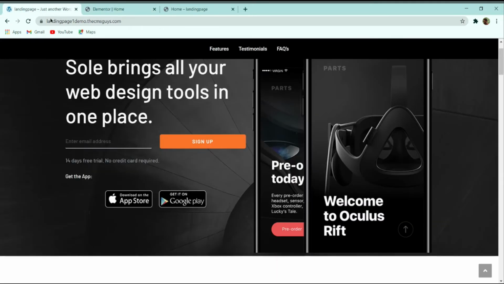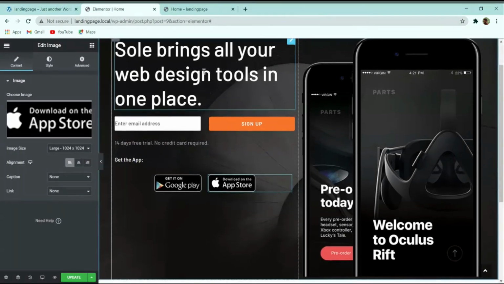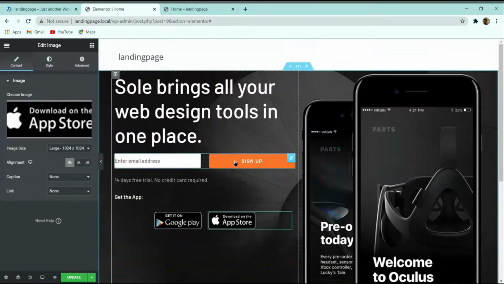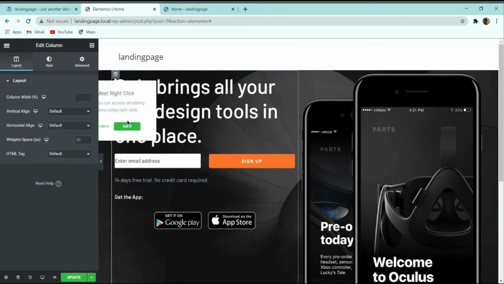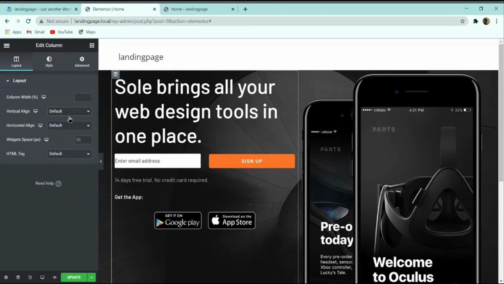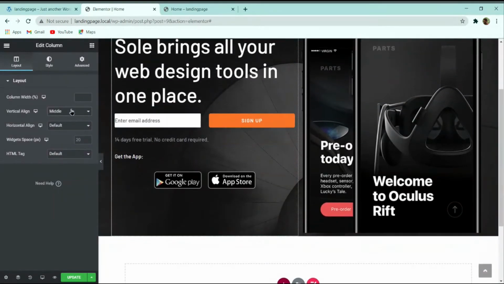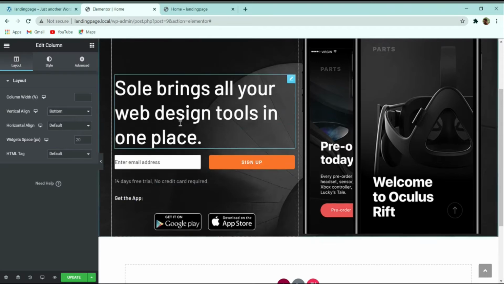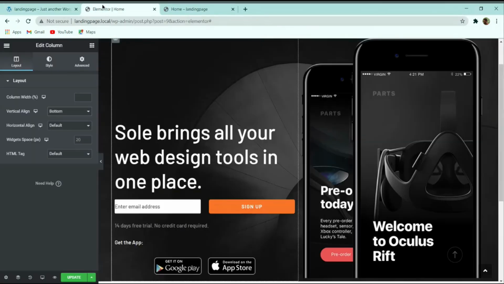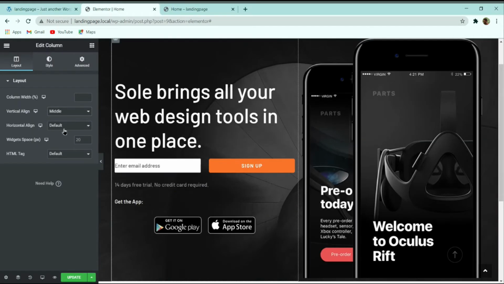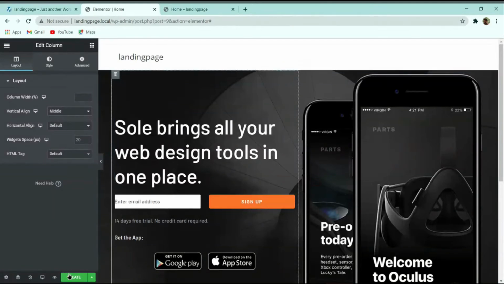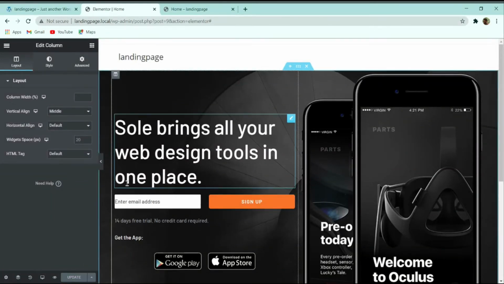So now here you can see that we have almost created this section. So what changes are necessary now? Here you can see that we have to go to this edit column option, and here vertical alignment you can make it middle, or suppose if you want to make it bottom also you can make. But here you can see that it is middle, that's why let me select it to middle, and then click on update.